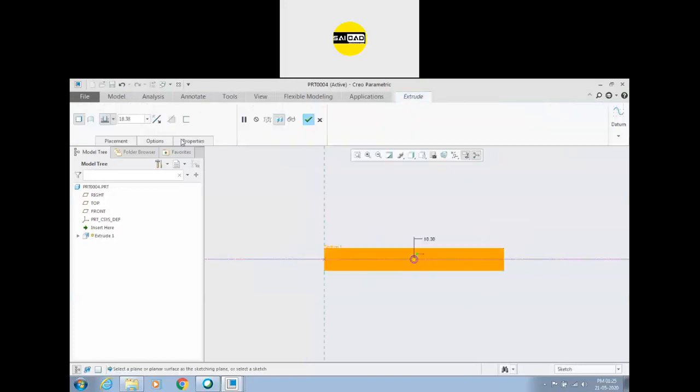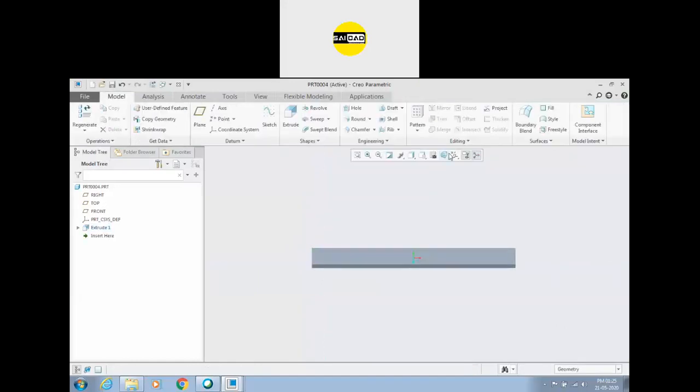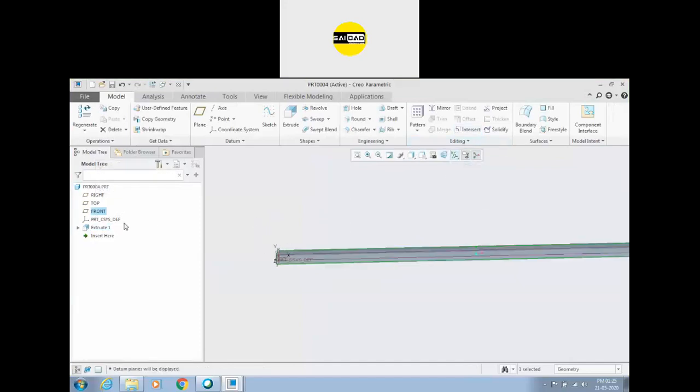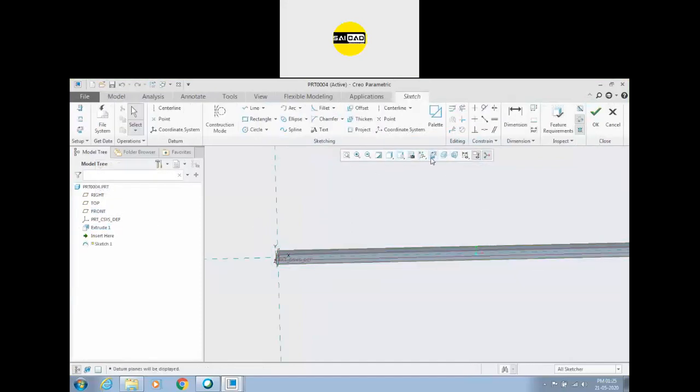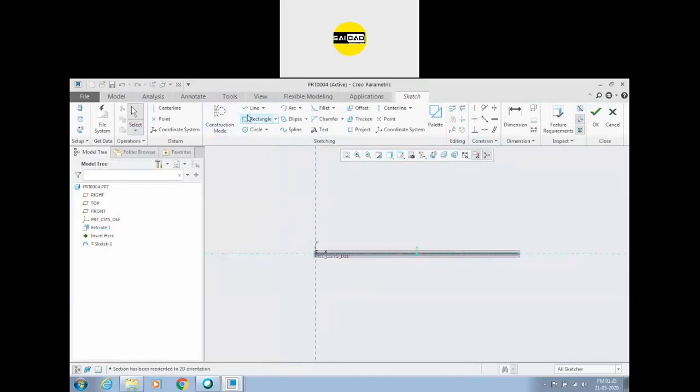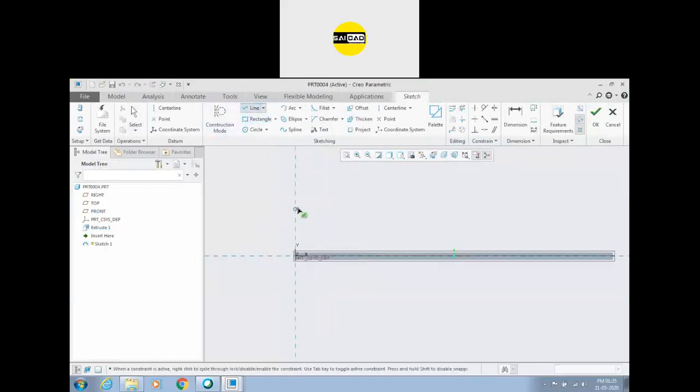Okay. So create it, extrude. Okay, like that, and go to the front. Okay, turn on the planes. Go to the front. Create a sketch. So you just have to create a sketch like this one. Okay, you can create any type of sketch.